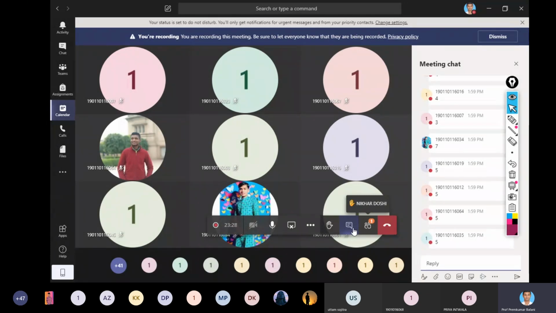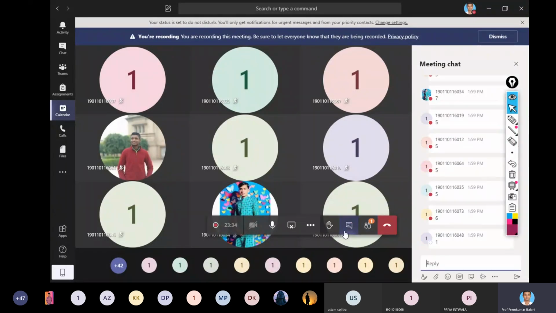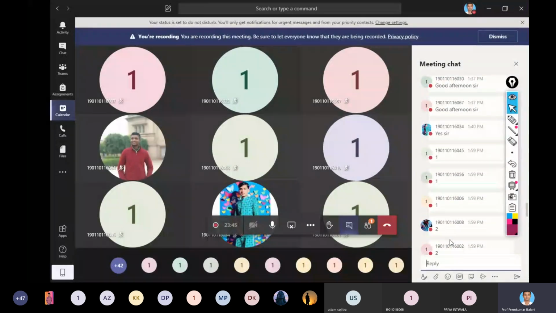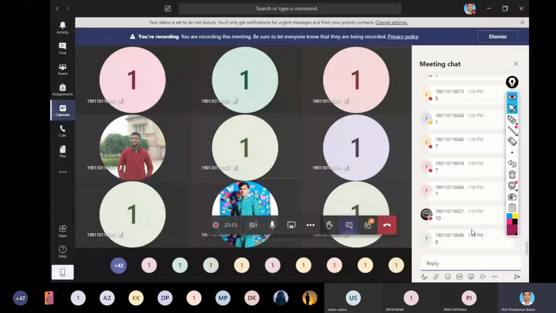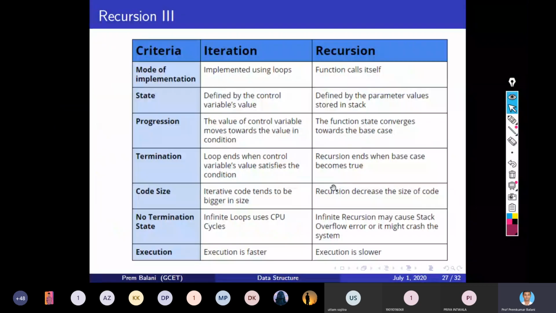So many are there. Almost 50% of the class is accessing using mobile. Okay, now let's go to the next.